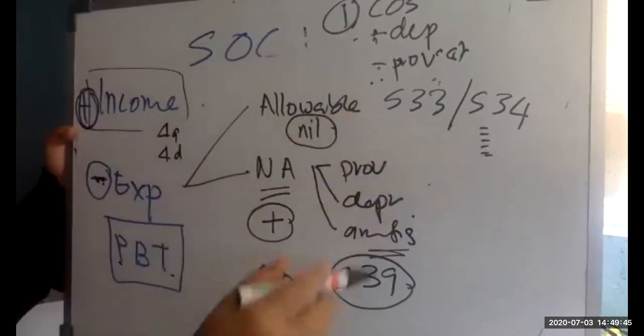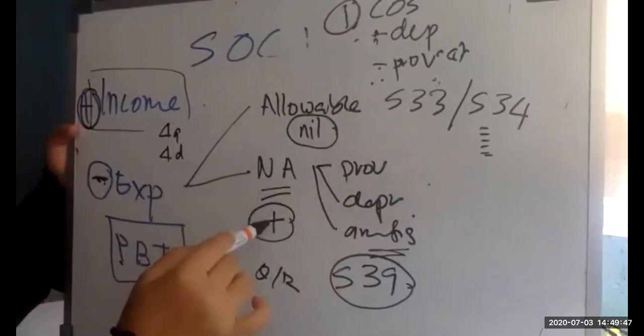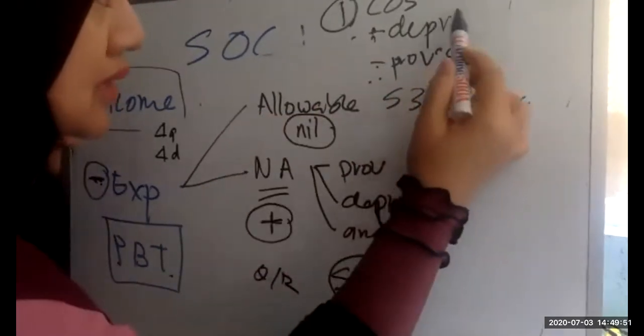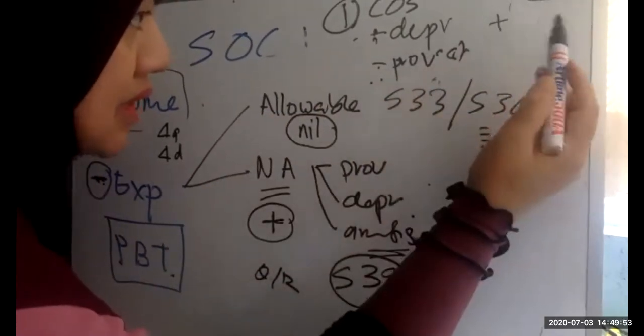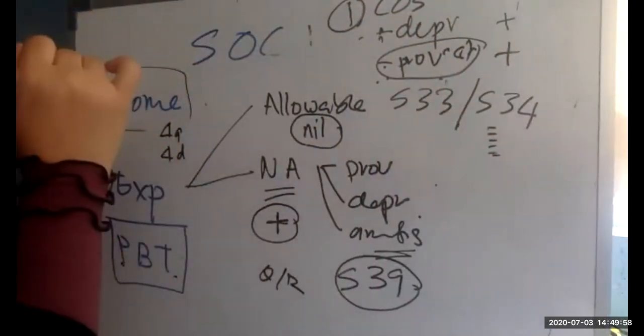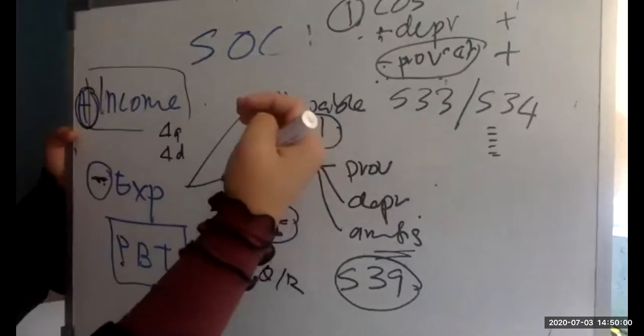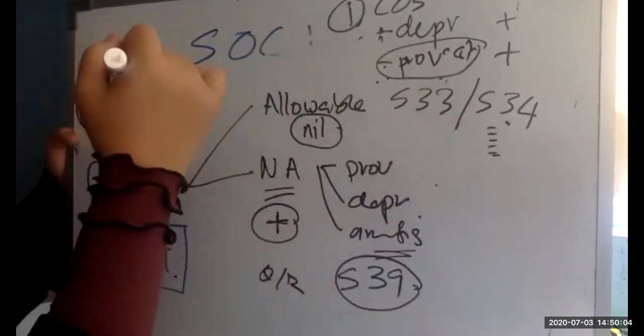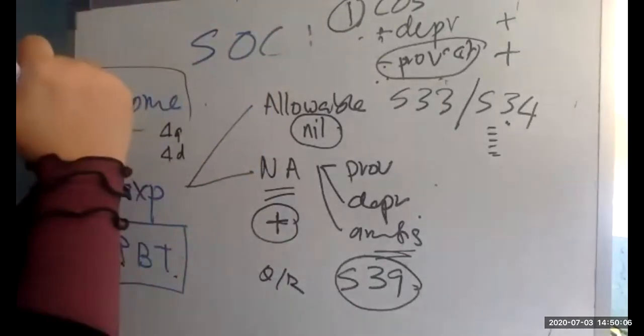So you have non-allowable expenses, then you have to add back. For example, in this case it's depreciation, so you have to add back the amount of depreciation, and the provision accounts, provision for stock. You also must add back. Of course, you have to look at the provisions under section 34. There's a specific provision which is allowed. Other than that, it's not allowed.